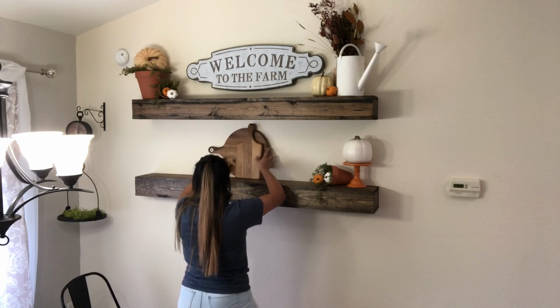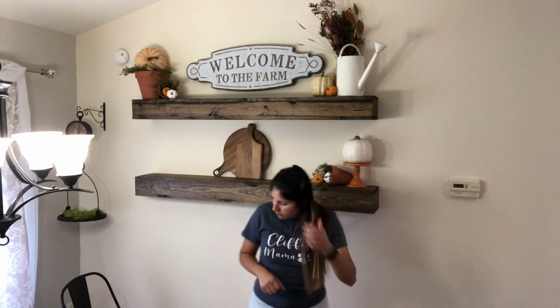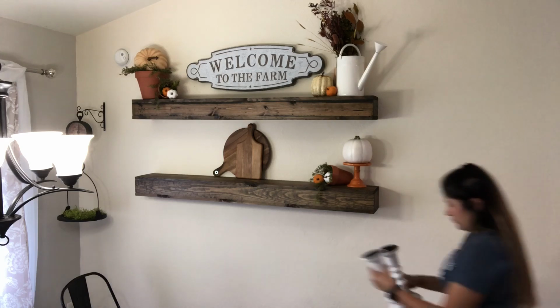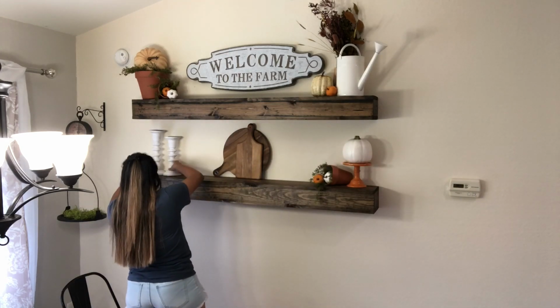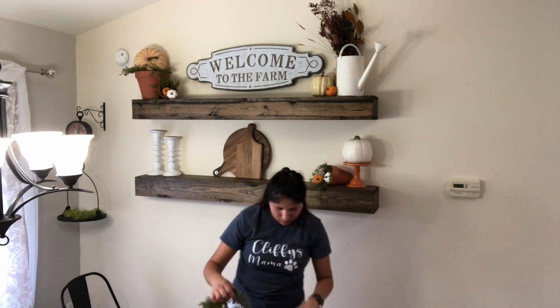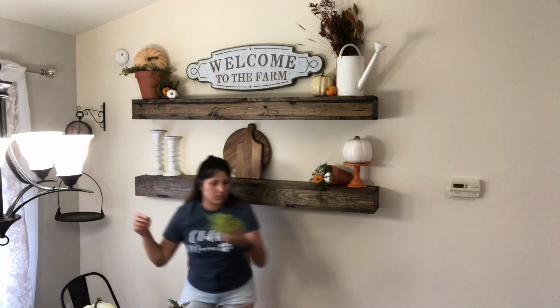But I also went ahead and added a small little terracotta pot here on the bottom shelf, just so that it was kind of flowing and going all together. And I just did the same thing I did with that small one up on the top shelf. I just kind of laid it down flat, added a little bit of the greenery and some of those smaller pumpkins. And then, like I said, I ended up taking off that basket in the middle,